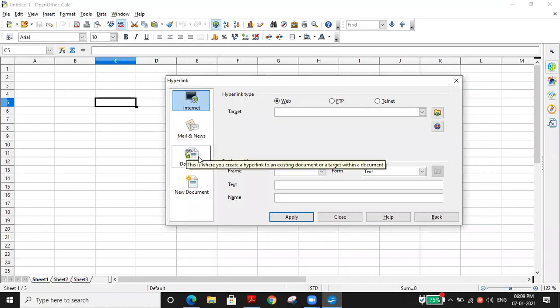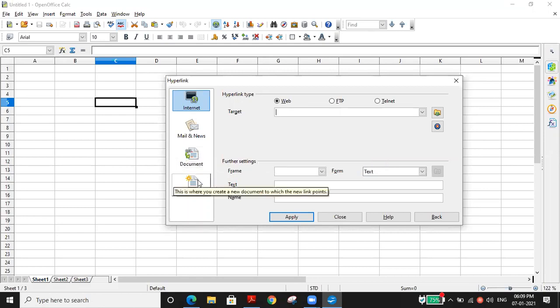If the mail is synchronized with your system, then we can open it, otherwise just leave it. And then Document, to open another existing document, how to access a document. And then the next one is New Document, creating a new document. These things we are going to see. First I will open a new document from the starting onwards, and by clicking that, how to open a new document, I am going to show you.